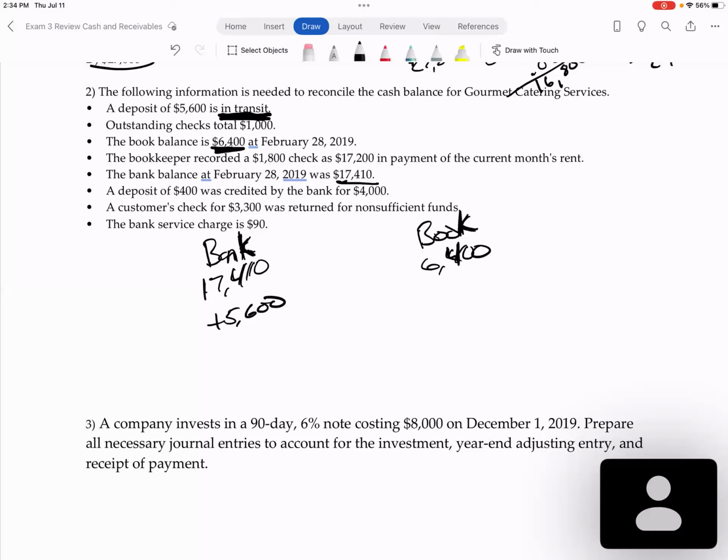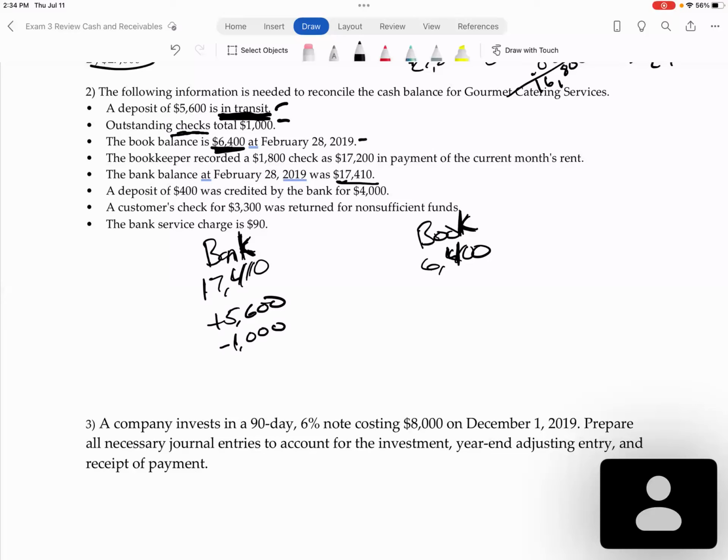Okay, so we're the business, we wrote checks out to various people, and for whatever reason those people haven't cashed their checks yet. Okay, so we know about this because we wrote the checks, but our bank doesn't know because the checks haven't been cashed. So we need to subtract 1,000. Okay, so we got that. Okay, here we go. So next one, bookkeeper recorded